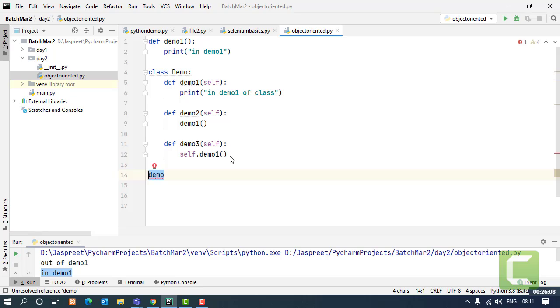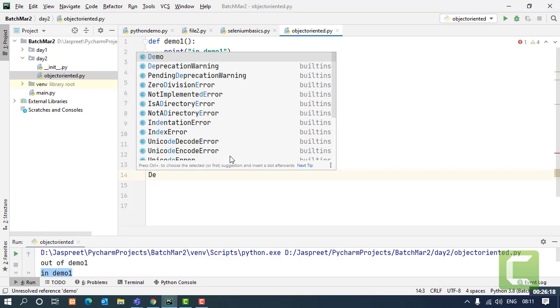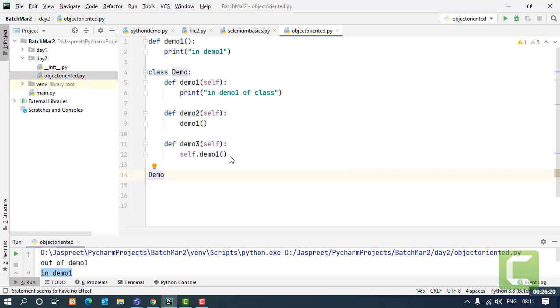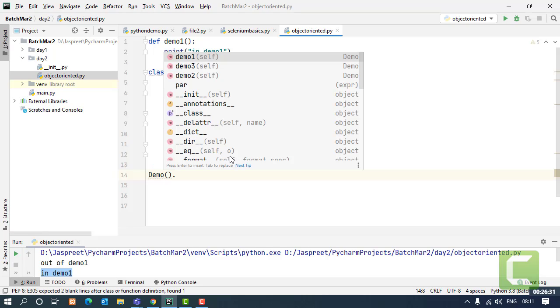Now how to create the object? Creation of an object is the same as we did with the calling of a function. The name of your class followed by a pair of parentheses. That's it. Your object of the demo class has been created. If I put a dot, all those 3 functions which I have created are displayed.